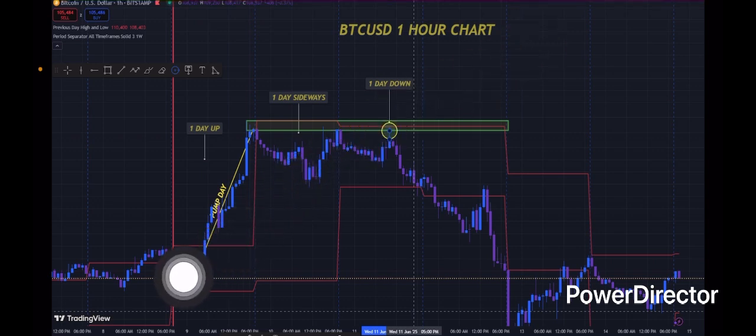So again, here we have a pump day, 1 day up, 1 day sideways, and then a day down, followed by the low hanging fruit trade in the New York session. So you can see here, Monday puts in a new high of the week. Okay. And then once we get to this New York session on Wednesday, we go right back to that level and then put in a reversal pattern,